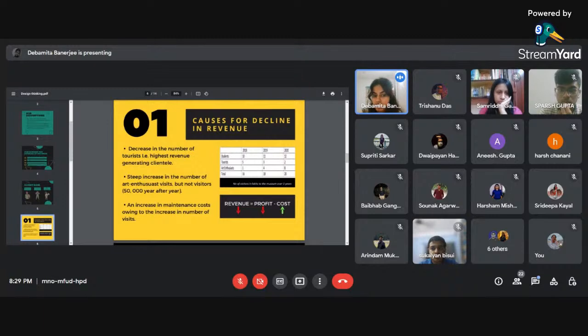Also, in terms of art enthusiasts, we noticed that the visits have increased a lot, and this might give an impression that the museum is doing so well in terms of business, but it is not, because the memberships have remained steady throughout the 3 years. The memberships are 50,000. People are just trying to take the most advantage of the money they're paying through the memberships. So the visits have increased, but the memberships have not increased. Hence, as the visits have increased, the maintenance cost goes up, whereas the revenue does not. So the revenue is going down because the profit is going down and the cost is going up. So we're losing on both fronts.